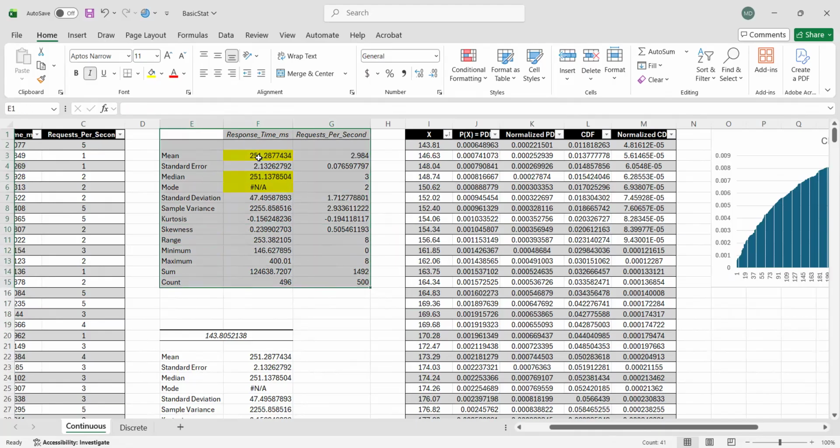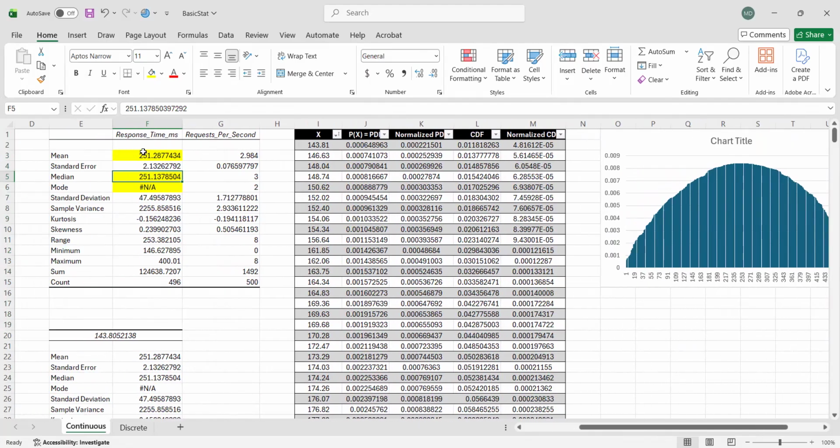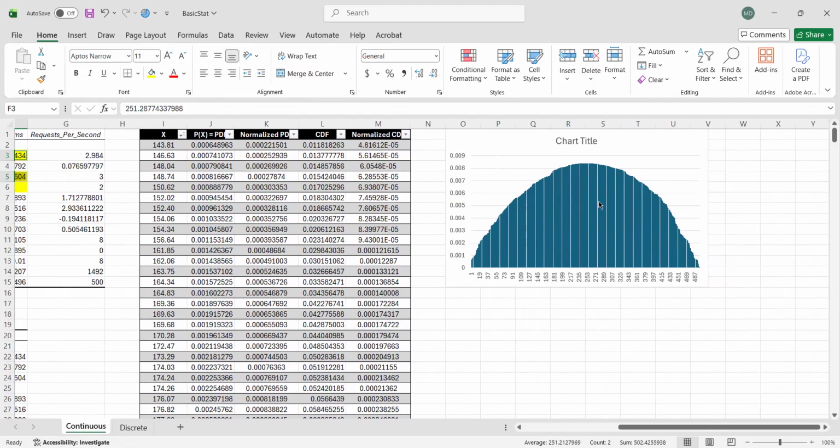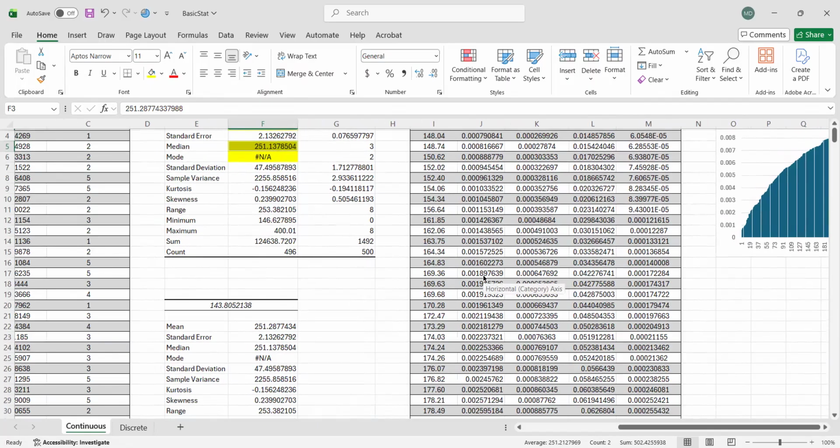So we normally look at the mean and the median only. The mean and median are very close to each other, so that's a good sign that our data set is normal. But in more professional or higher level statistical analysis, there are other more advanced, more complicated statistical techniques being used to check the normality of our distribution. But what we have right now is a basic way to do it.